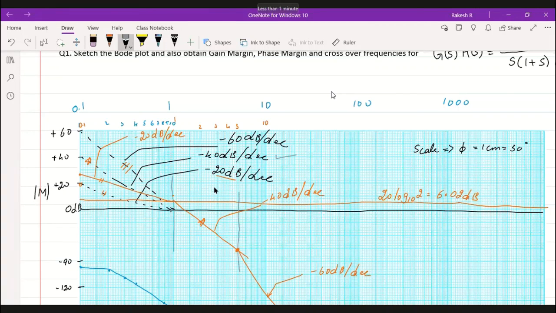Next, the next one is 1 divided by 1 plus s. That is from 1 to 5. This is 5 here. That is having minus 40 dB per decade line. This star line which is there, 40 dB per decade line,